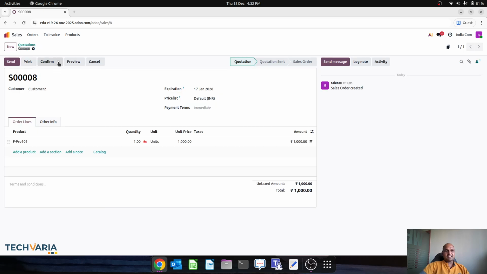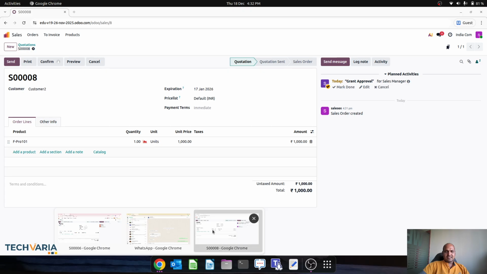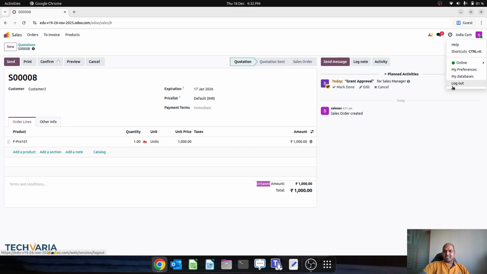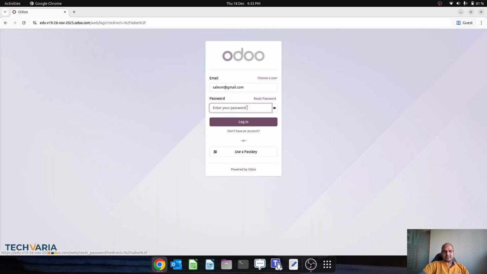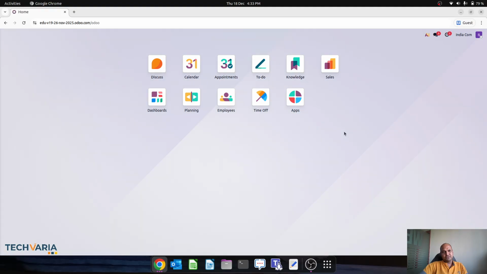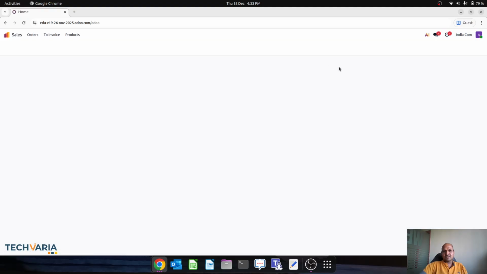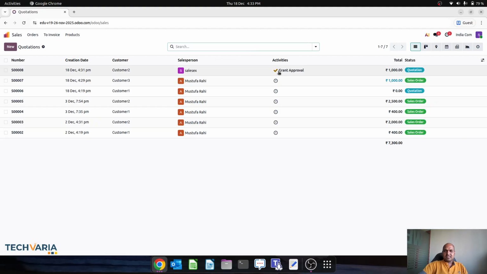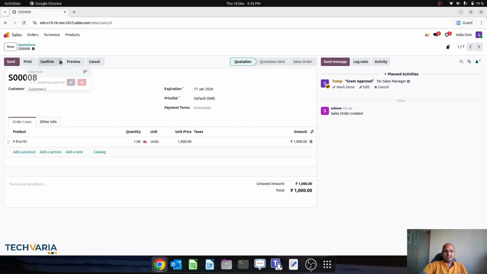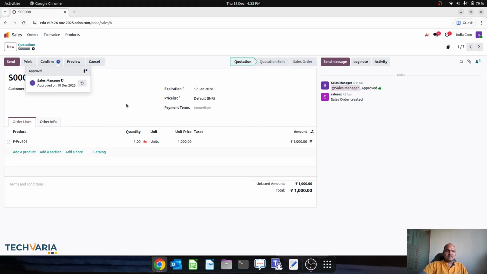So now you can see the confirm button is there, and once I press it, it will trigger the confirmation approval like this, and then the sales manager can see that particular alert in his sales view. As soon as he goes into sales, a grant approval button will be there, and then he can open, and then he can simply confirm